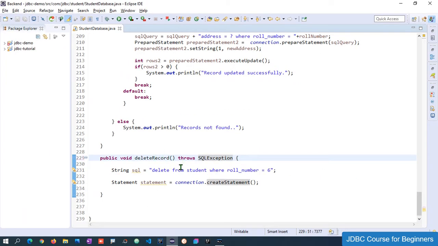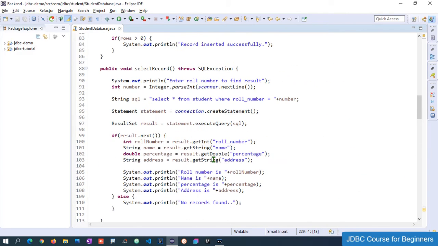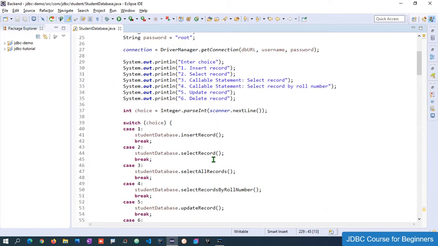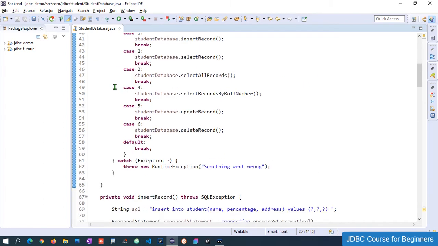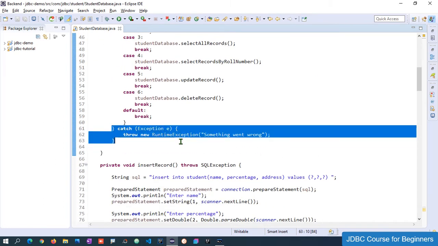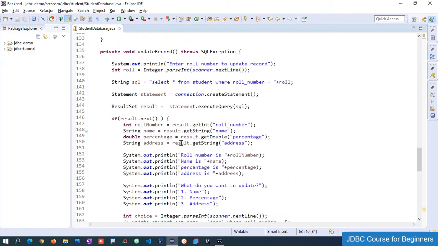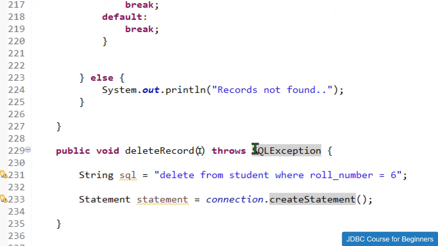So if any exception occurs in the delete record method, it will throw the SQL exception to the main method, which is my caller, and inside the main method we have added the logic, that is try and catch, which is capable of handling any exception. So we don't need to worry about this one. If the exception occurs in the delete record method, we will just throw that exception. And now the statement is created.